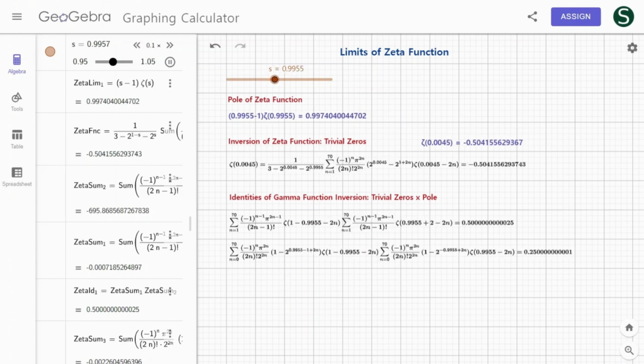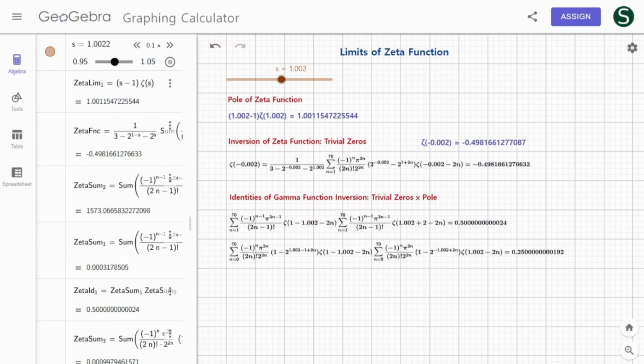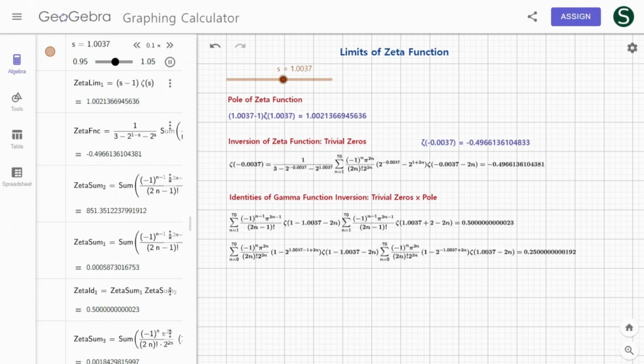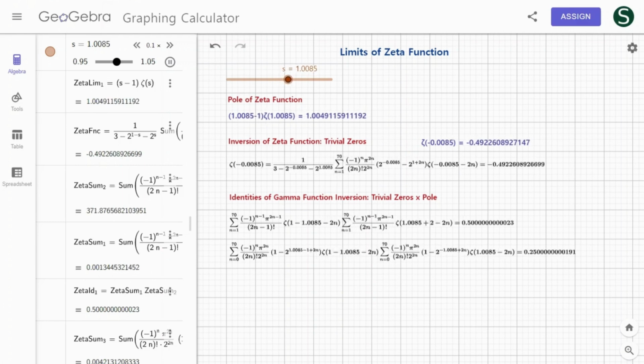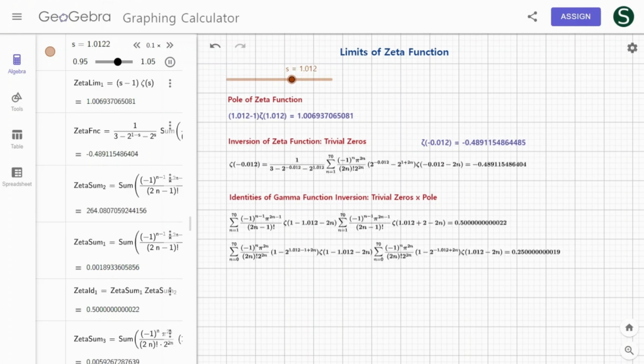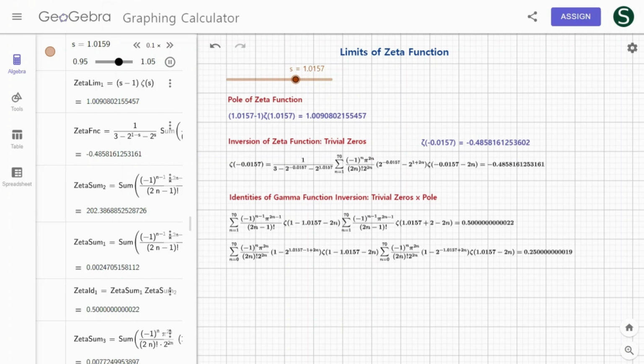The identities of the inversion of the gamma function are always 1/2 and 1/4. And even if the left sum of the zeta functions becomes the trivial zeros, the right sum of the zeta functions includes the pole. Therefore, the product of the trivial zeros of the zeta function and the pole is 1/2, and the product of the trivial zeros of the odd zeta function, that is, the Dirichlet lambda function, and the